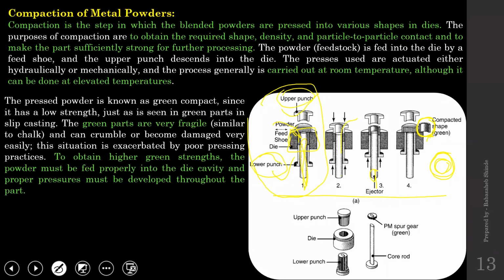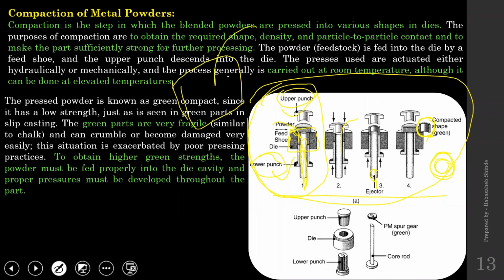But let it be any kind of compaction process, let it be isostatic or any compaction process, similar steps are going to be followed. What steps are going to be followed? There would be one cavity that would be filled with this mixture, and it will be compacted by applying some external pressure or force. And once it has been compacted to a final shape, it will be taken out, and